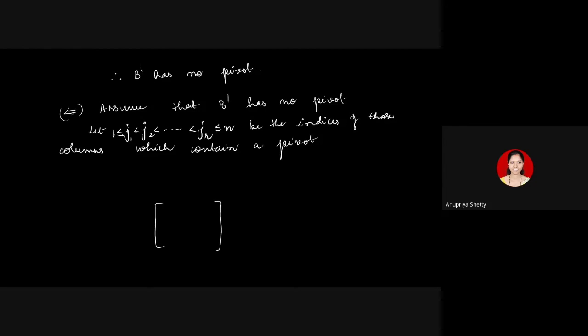Suppose I have a matrix of this form here: 0, 1, 2, 0, 1, or 4, I'll make it 4, 0, 0, 0, 1, 0, and then all zeros. Which are the columns that have a pivot here? Somebody? In the matrix which I have drawn, which columns have a pivot?